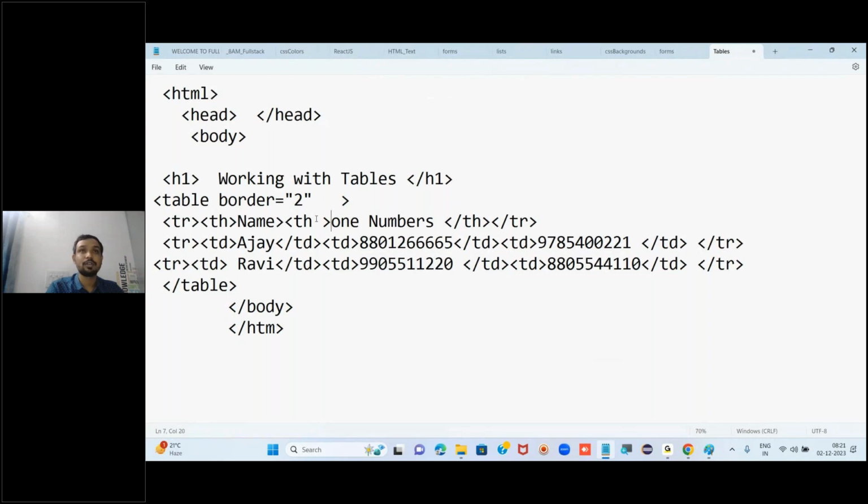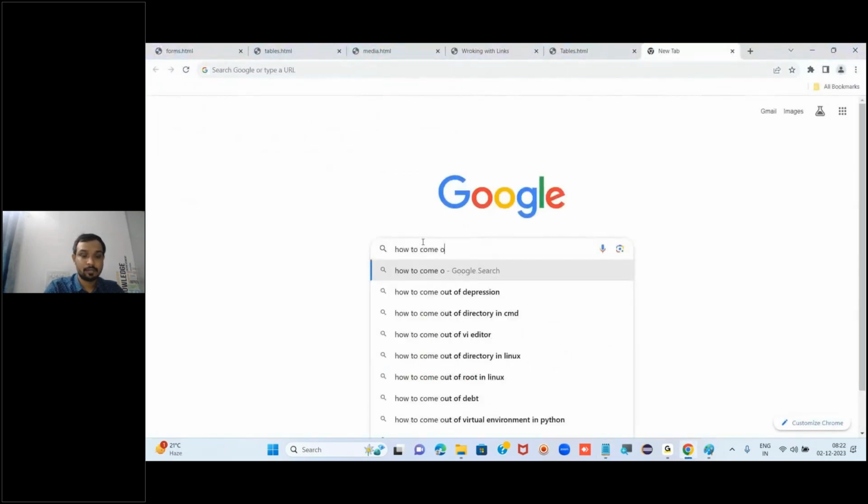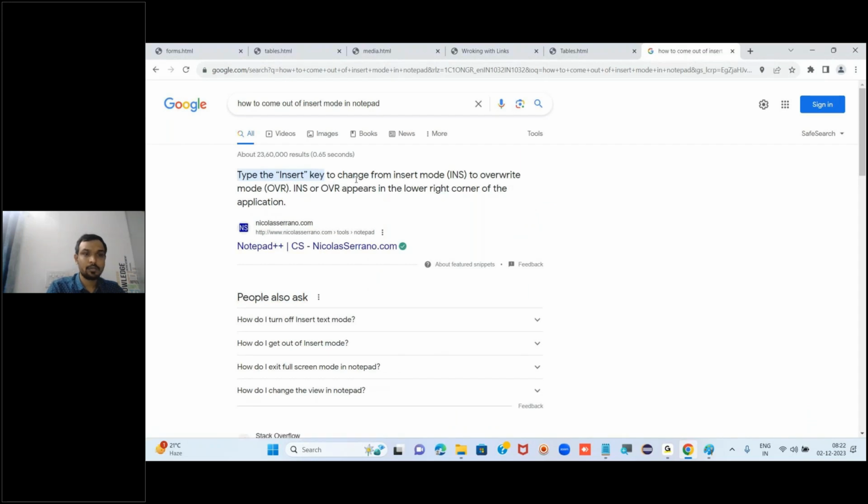How to come out of insert mode? Any idea? I have written, but